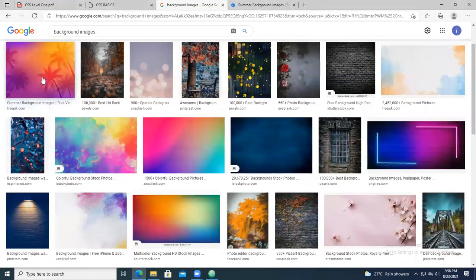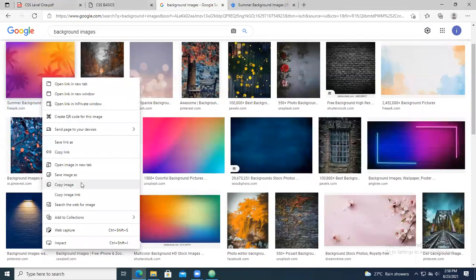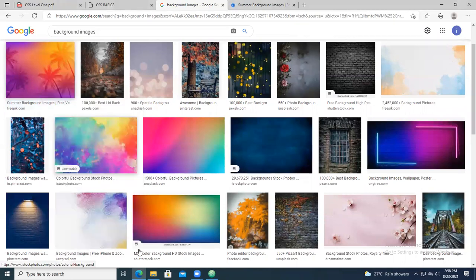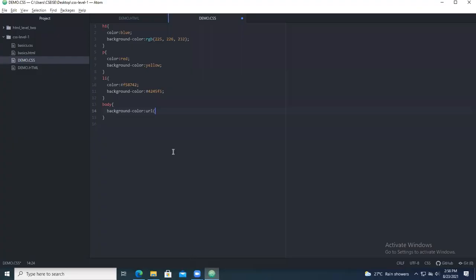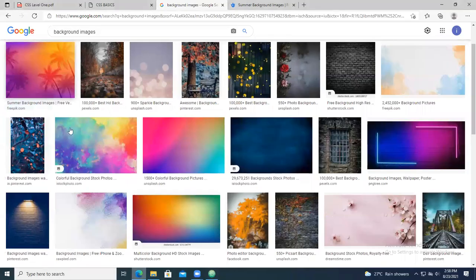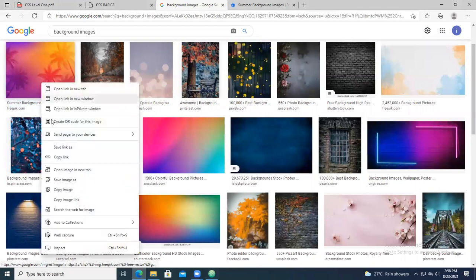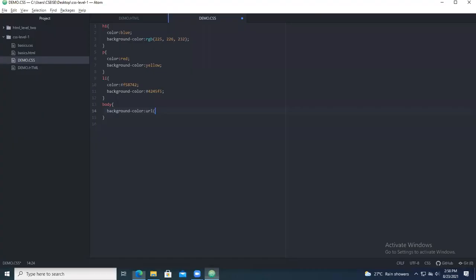So this is the color we have taken. And paste the content here. So take it like this. Copy image link.